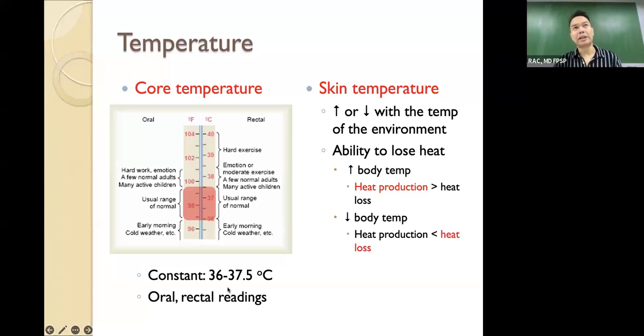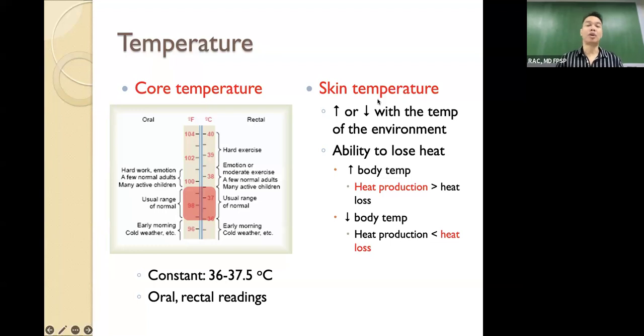In the hospital or in the clinics, when we monitor vital signs, it is imperative that we take the temperature of our patient. What we typically use is a thermal gun, if you have seen one. This typically detects the temperature of the tympanic membrane, so that's aural, A-U-R-A-L, temperature, which more or less reflects core temperature. Other ways of getting your core temperature are through oral or rectal readings. So these are the ways by which we get core temperature.